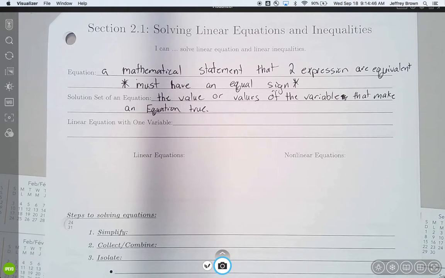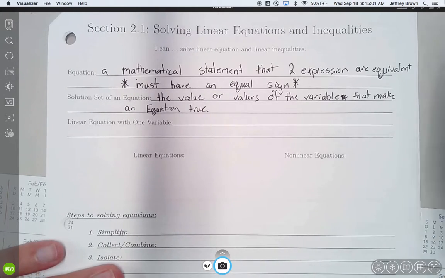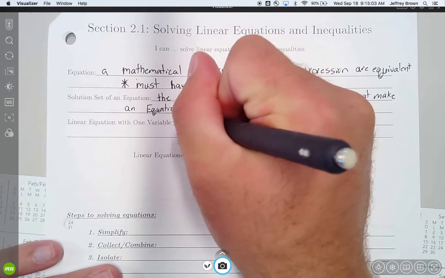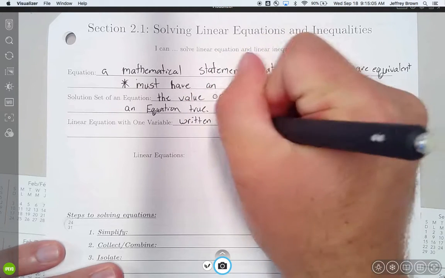Next thing we're going to talk about is linear equations with one variable. We're going to stick to just one variable for now because as we're solving, we really can only solve for one variable at a time right now. We'll eventually get past that, but for now we're going to stick to one variable. Really, when we talk about linear equations, these are the simplest form of equations that we can have. So these are typically written in the form